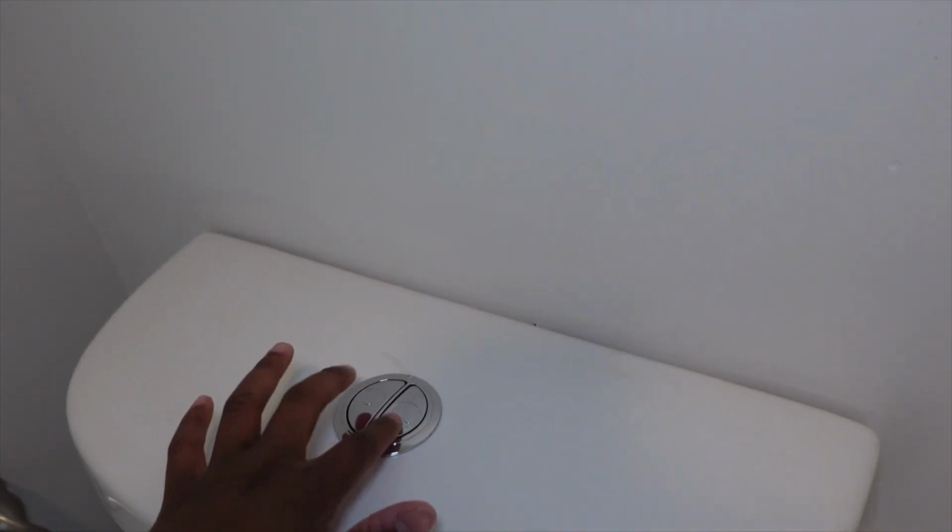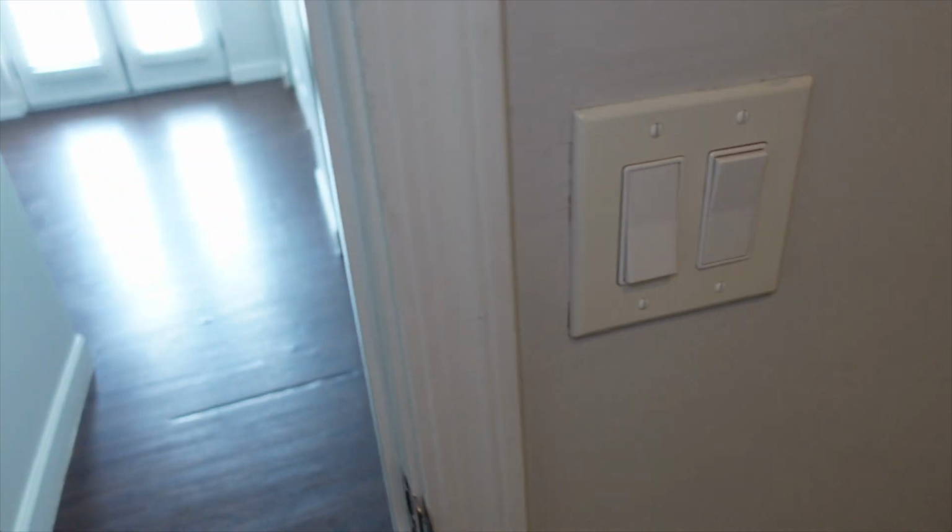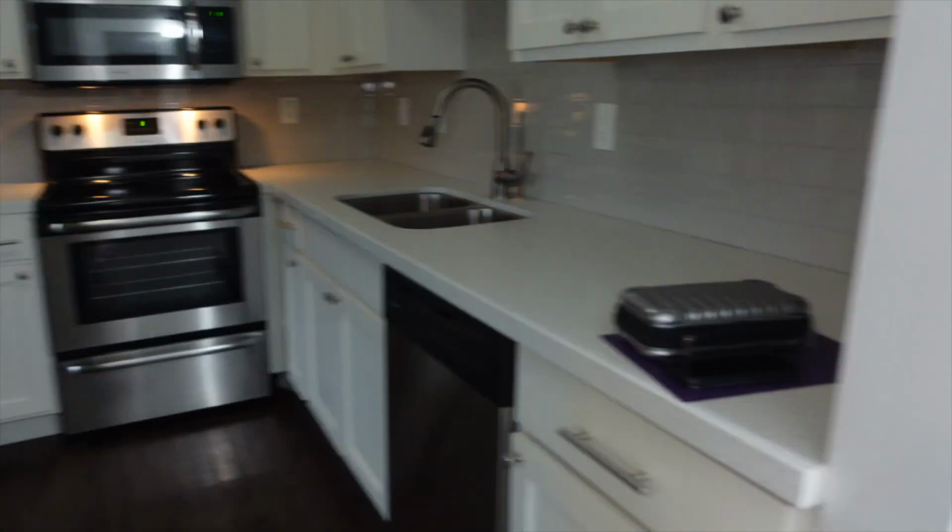All right, bathroom now. We're gonna leave the bathroom. And these bathrooms have these little buttons to flush the toilet. All right, now leaving the bathroom, kitchen, vanity, and last but not least,